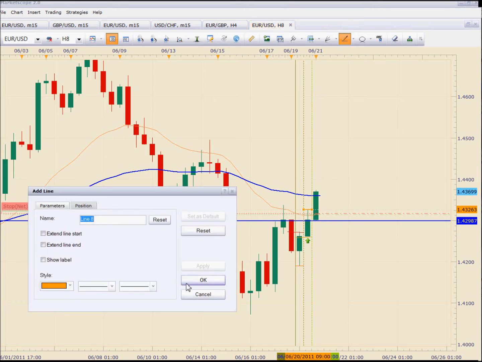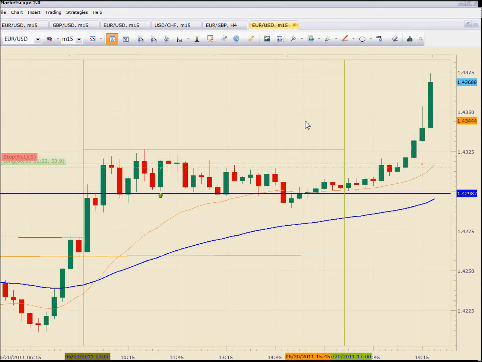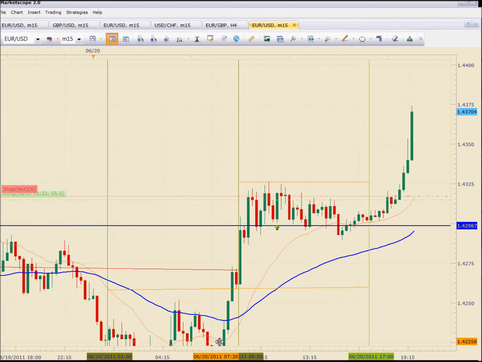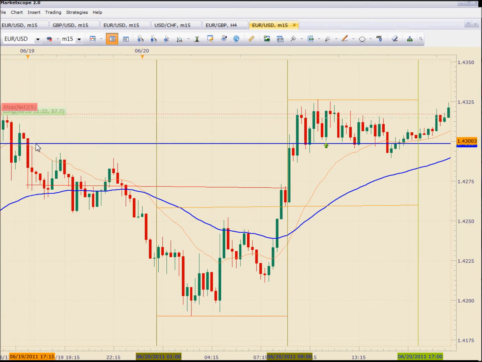Now I'm going to take it over to the 15-minute chart so we can see where we will enter this trade. Okay, here we are on the 15-minute chart. This is the first 8-hour candle that we identified. The candle was falling after the weekly close. And then right here,